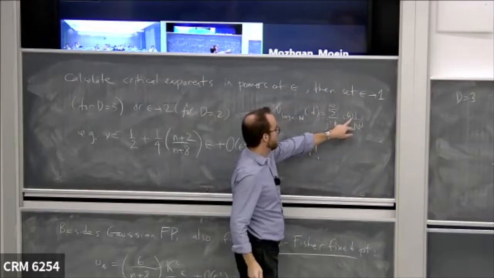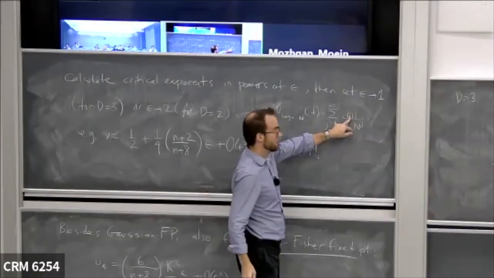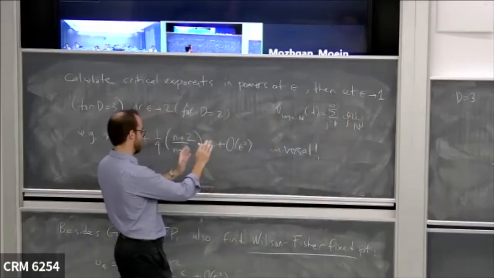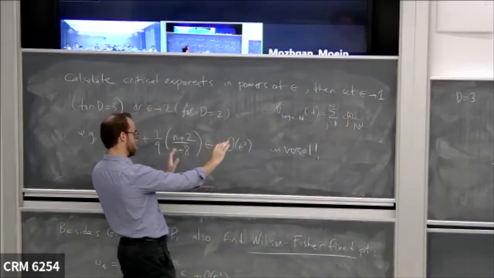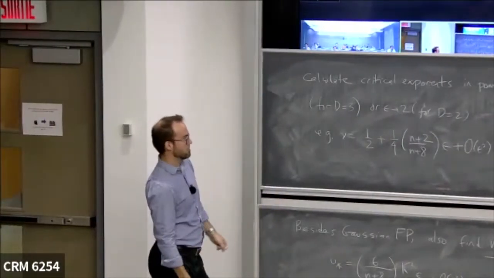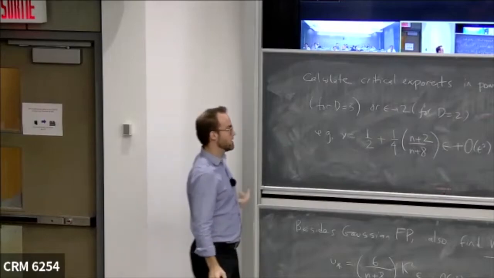And so you can plug that in. You can set d equals 4 minus epsilon in there, expand that as a power series in epsilon. And for a given order in epsilon and 1/n, then the two series agree. Your order that's been computed, they agree order by order. So that tells us that, yeah, the fixed point,